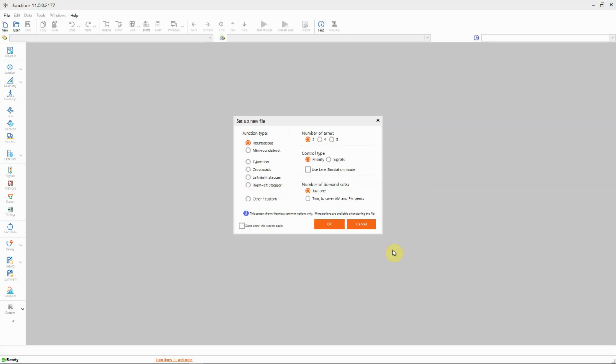I'm going to start from scratch, so I'll make use of the Setup New File window that has appeared. This screen appears automatically when you launch the software or when you click the New File button on the main horizontal toolbar. I wish on this occasion to model a roundabout, so I'll pick that junction type